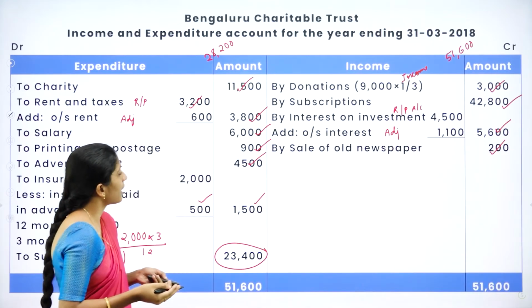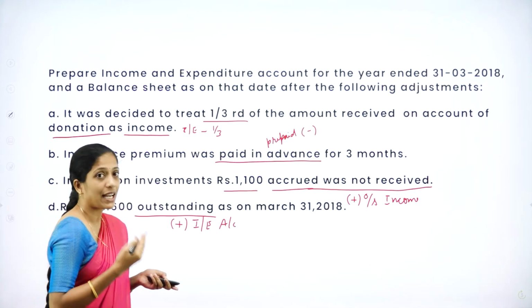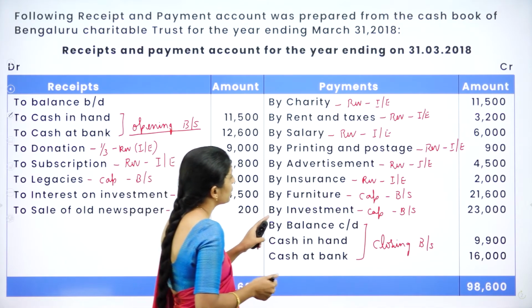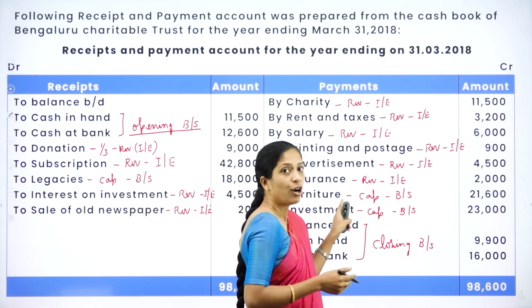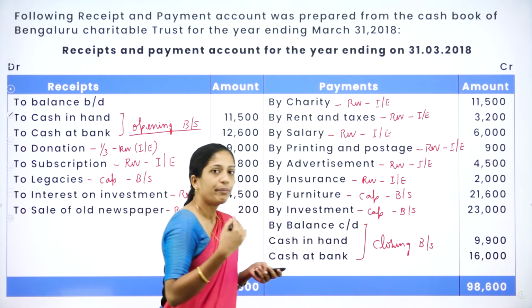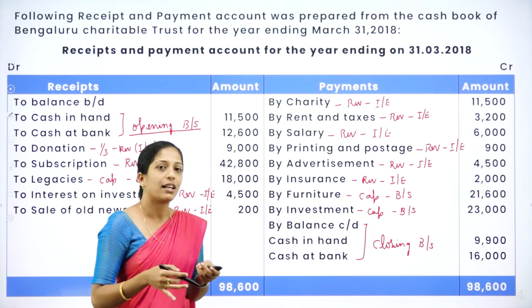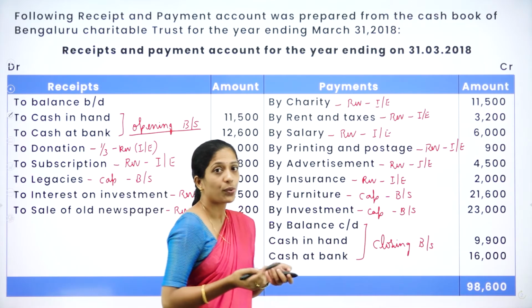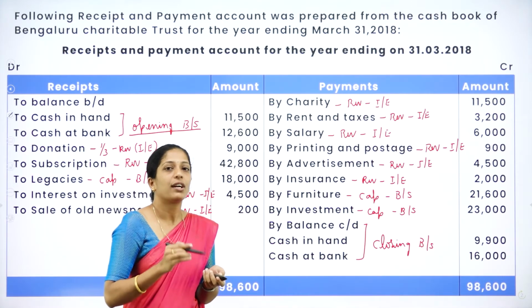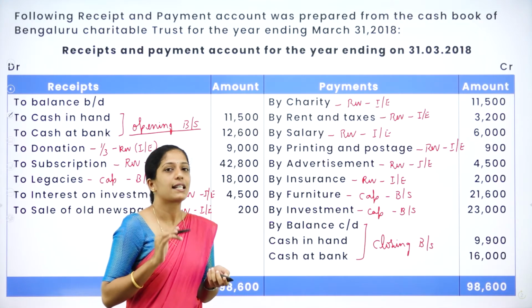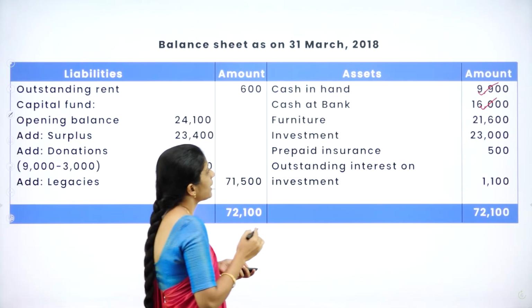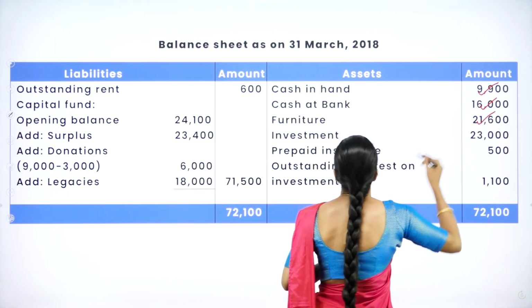Now we shall go through the receipts and payments account, to see whether there is any item which has to be recorded. Now on the payment side, which are the capital items? Yes, there is furniture, but there is no increase and no depreciation in furniture. So we are going to write the same amount, that is 21,600. Now furniture, where are we going to record it? On the asset side of the balance sheet. Furniture 21,600.